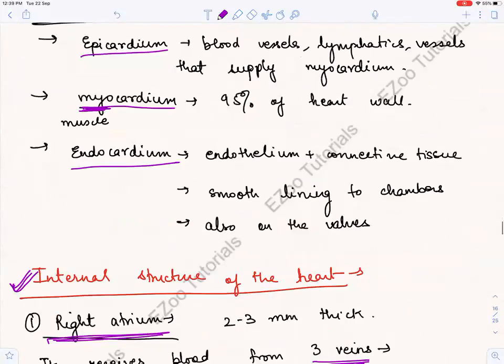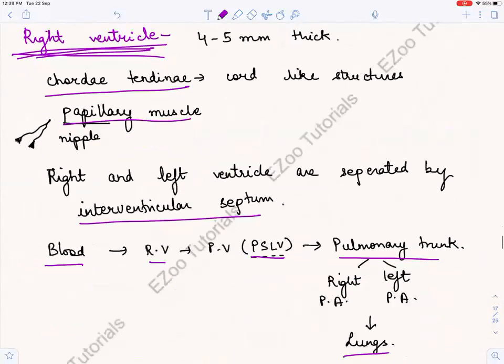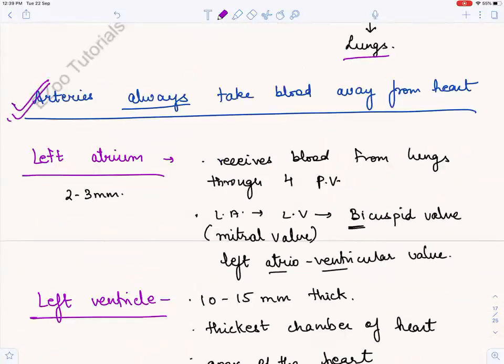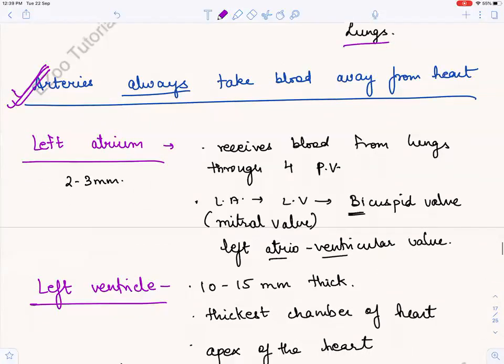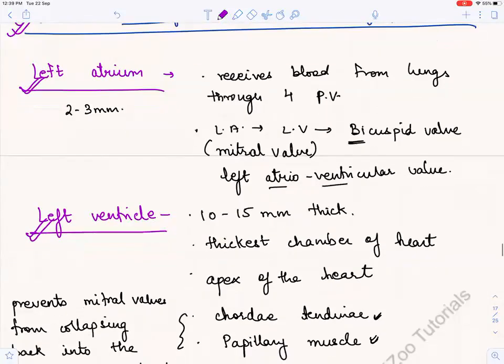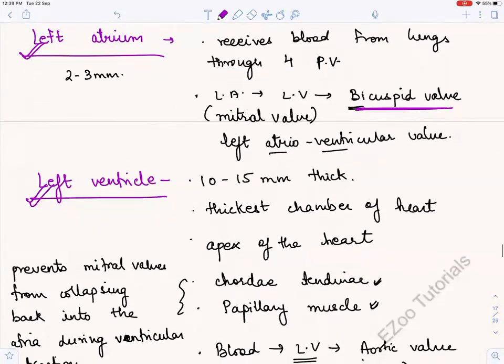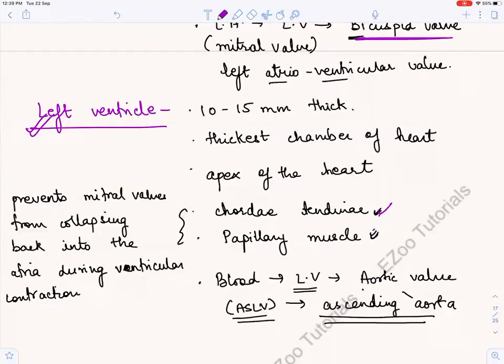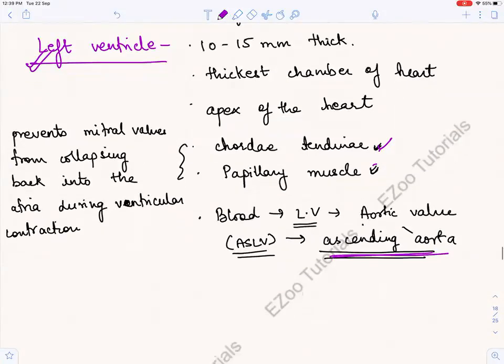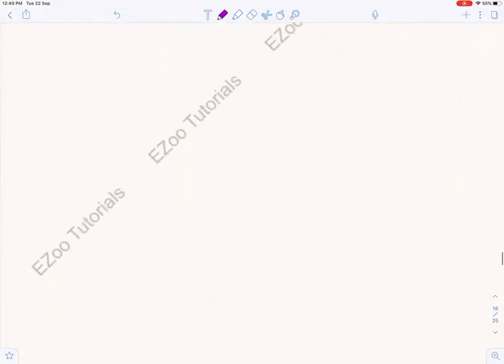अब और क्या बचा? ये हो गया था राइट वेंट्रिकल से पल्मोनरी सेमीलूनर वॉल्व के थ्रू पल्मोनरी ट्रंक में गया, और ये राइट पल्मोनरी आर्टरी, लेफ्ट पल्मोनरी आर्टरी और लंग्स में चला गया. फिर हमने कहा एक बड़ी इंपॉर्टेंट चीज हमें समझनी चाहिए कि आर्टरीज ऑलवेज टेक द ब्लड अवे फ्रॉम हार्ट. देन वी डिड द लेफ्ट साइड, लेफ्ट एट्रियम एंड द लेफ्ट वेंट्रिकल. फिर हमने इस बाइकस्पिड वाल्व को भी देख लिया, और ये असेंडिंग एओर्टा में ब्लड कहाँ से आ रहा है ये भी देख लिया. सो बेसिकली वी हैव डन ऑल what I said that we'll do.